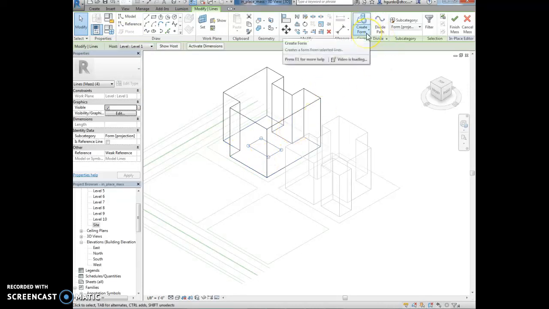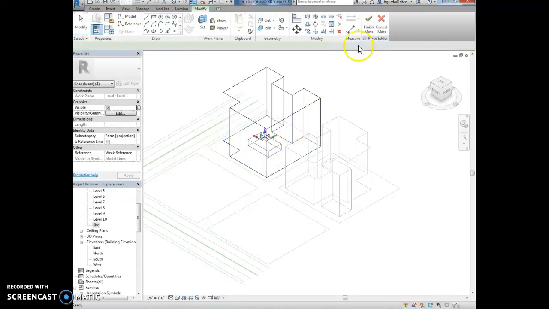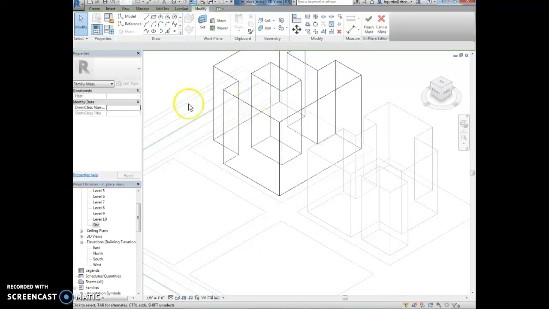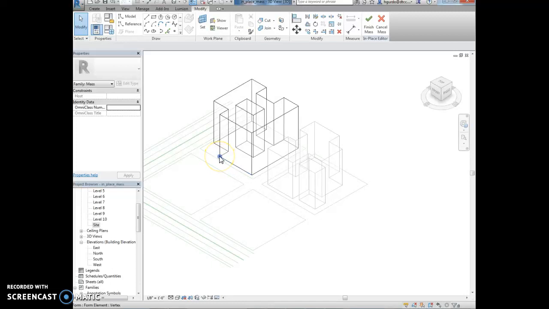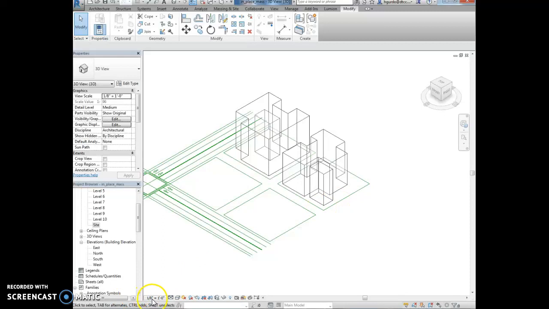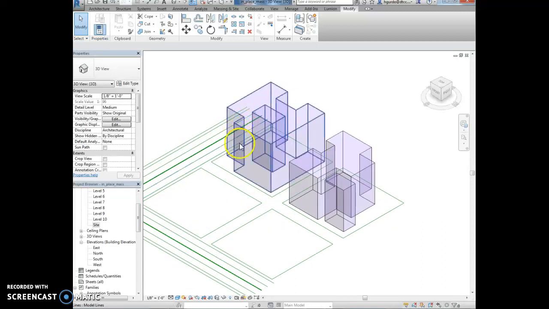Okay, so now I'm going to create a form, and I'm going to create a solid form from that, and I want that to be, let's see, it says 82 feet as well. So I'm going to type 82 feet, and now I have that inner form. Now I can finish that mass as well. And if these are a little hard to read, you can always change them to hidden line view or to shaded view if you're trying to just be able to see a little bit more definition in the shape. Okay,